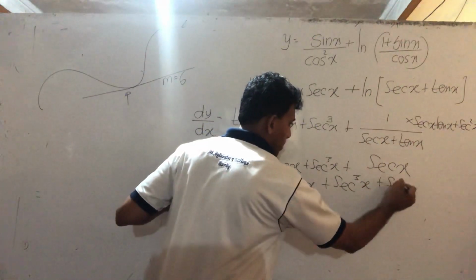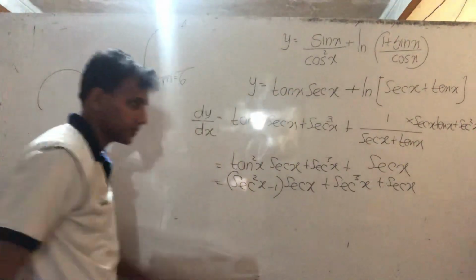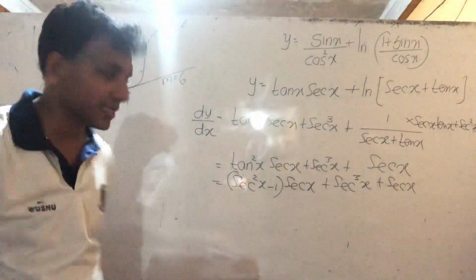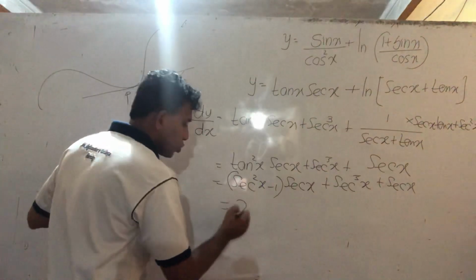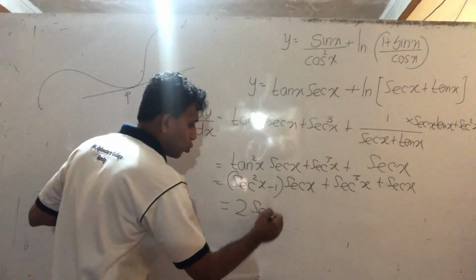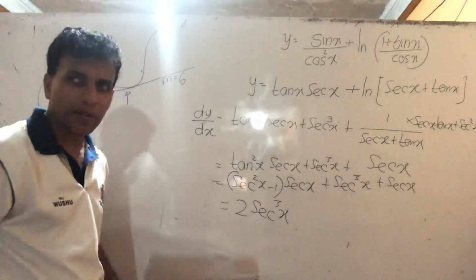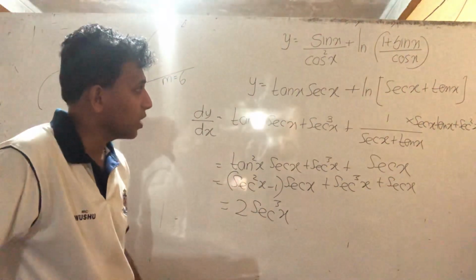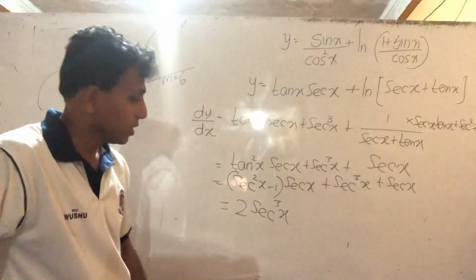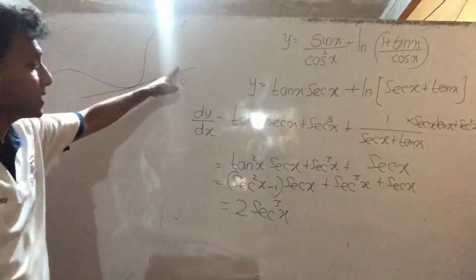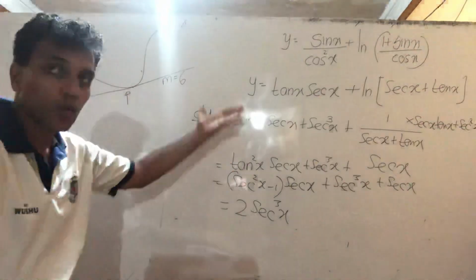So I hope you work many problems like this, many exam papers. So remove the bracket, minus sec x plus sec cube x cancel. The answer, I think, is 2 times sec cube x. So I hope you can work, already completed this one. Simply, if you have an idea about the gradient, this is dy over dx. They have given this as 6. So equate, find the x value.